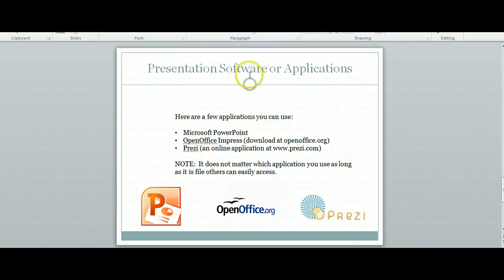Next slide, presentation software or applications you can use. So there's PowerPoint, OpenOffice Impress that you can download, or Prezi, that's an online application. So it doesn't matter which you use for this class, just make sure that I can access it. For instance, if you use Prezi, then that's going to be stored online and I'm going to have access to it. Or it might let you download what you create, I'm not sure. But both in Microsoft PowerPoint and in OpenOffice Impress, those will be files that you will attach. So that's the best way to get your presentation done,